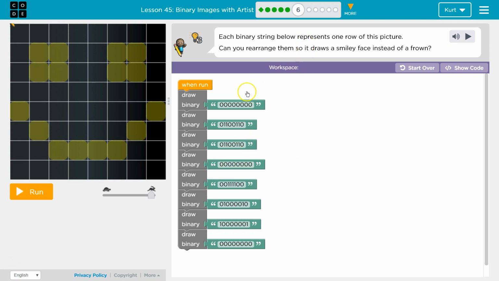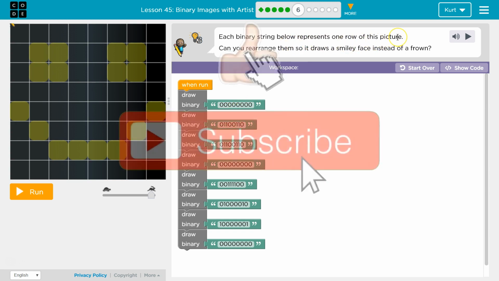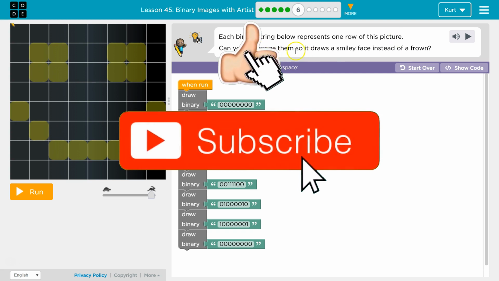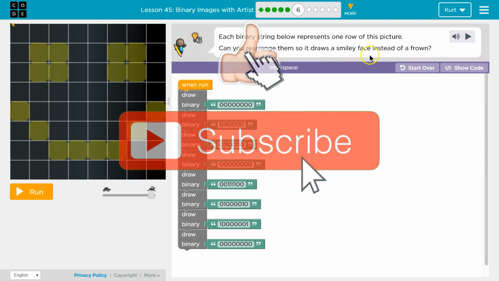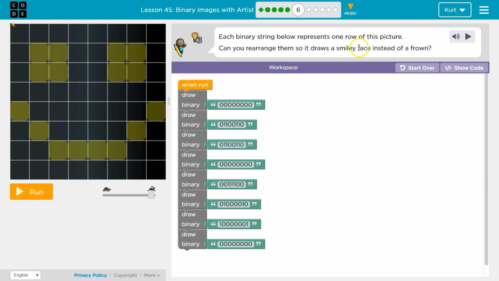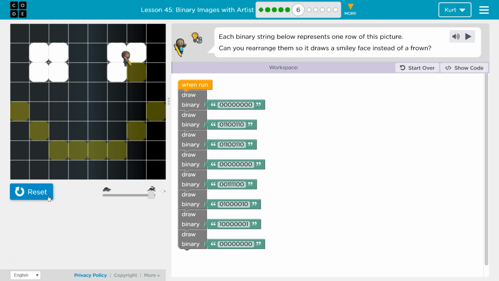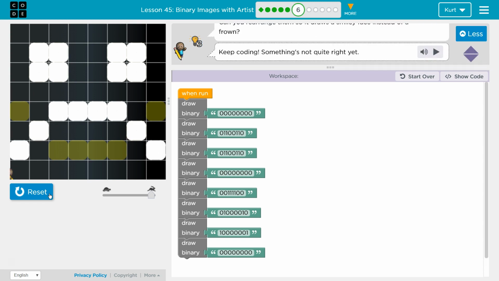Each binary string below, remember, a string is just a set of characters like zeros and ones, represents one row of this picture. Can you rearrange them so that it draws a smiley face instead of a frown? It draws a frown? Let's see. Oh no. Definitely does. Okay, so I think we'll have to move the mouth down